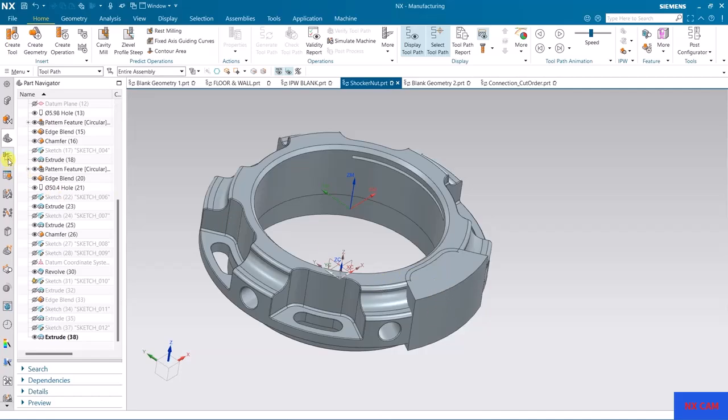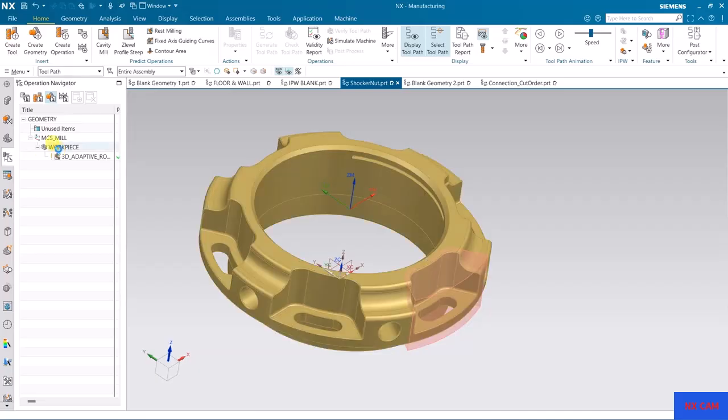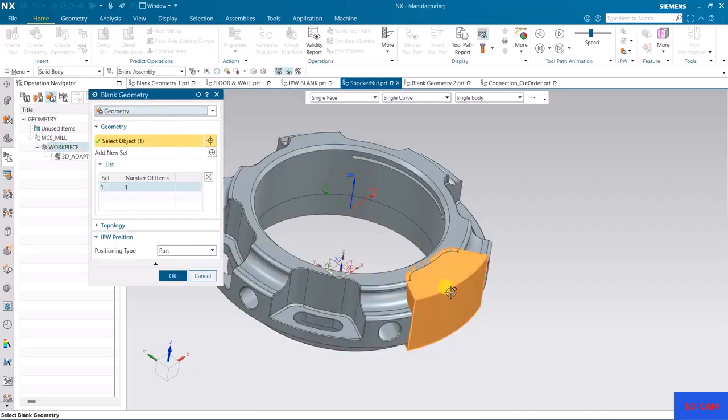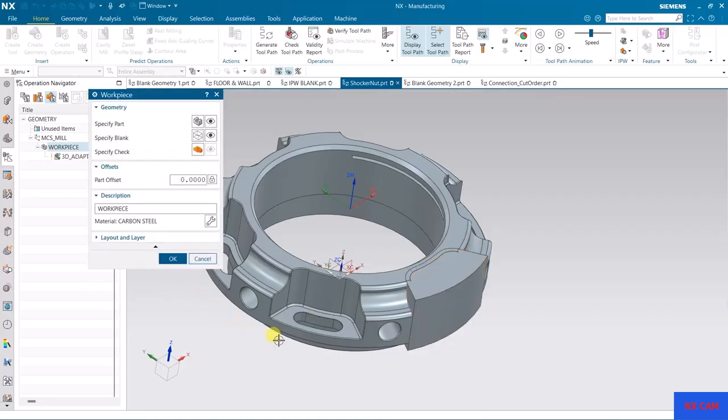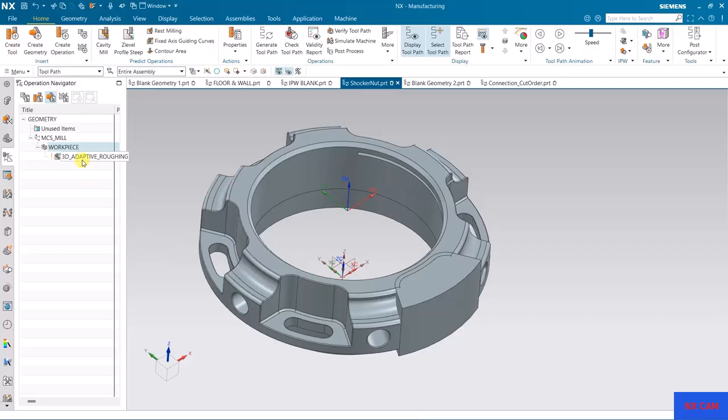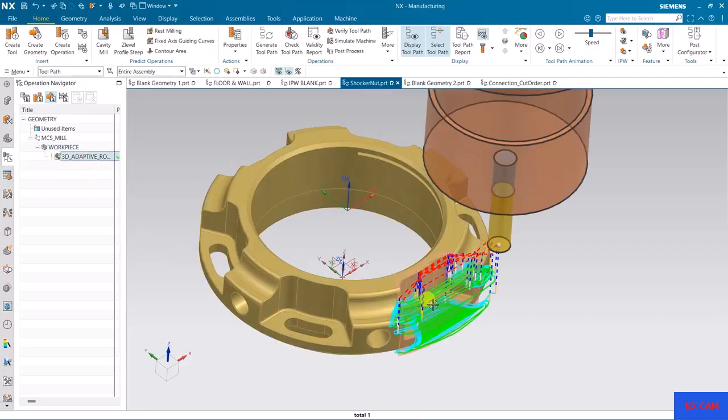So I have created a sketch. With the help of the sketch, I have extruded it. Now I'm going to define this geometry as a blank. So we use geometry, it is the easiest way to define a blank. And after creating the toolpath, you can use this toolpath for all other slots, all other pockets.